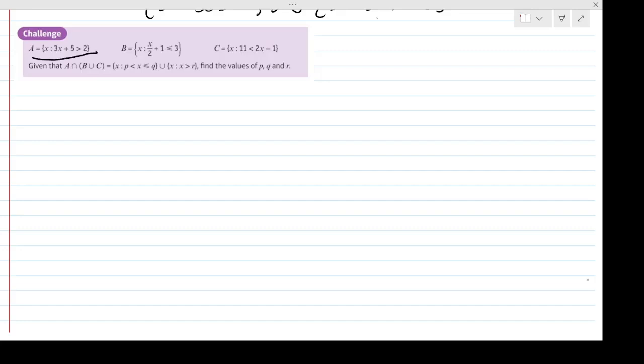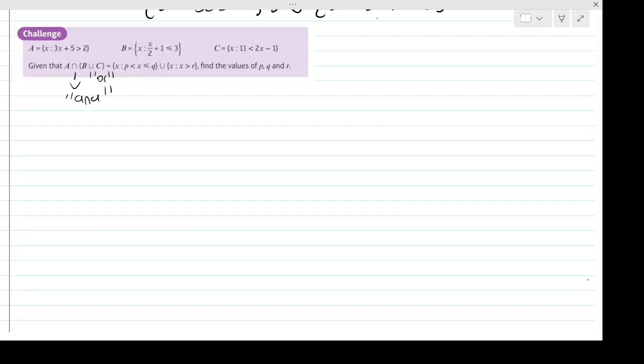A is the set of values of x such that 3x plus 5 is greater than 2. B is the set of values of x such that x over 2 plus 1 is less than or equal to 3. And C, the set of values of x such that 11 is less than 2x minus 1. Then it says, given that A and, this shape here, which means and, B or C, that U shape means or, and the N shape means and,